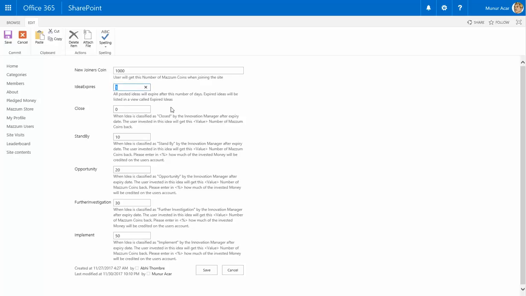Now the other thing you have to understand in the idea market of Mazzum is that we have different statuses. What happens with the idea after this 1 day? Will this idea be closed? Will this idea be categorized as a standby? Will this idea be classified as an opportunity, for further investigation and implementation? And these values in the boxes that you set are actually the return on investment the idea